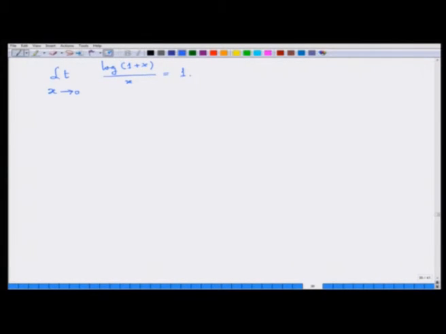Now let us try to look at the function f of x is equal to log of x. Of course, x has to be greater than 0, that is the domain. So the domain of this function, this log function, is 0 to infinity. Now we want to compute this from the first principles, that is we want to compute this limit.